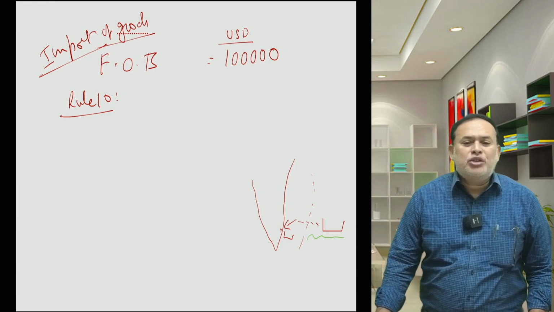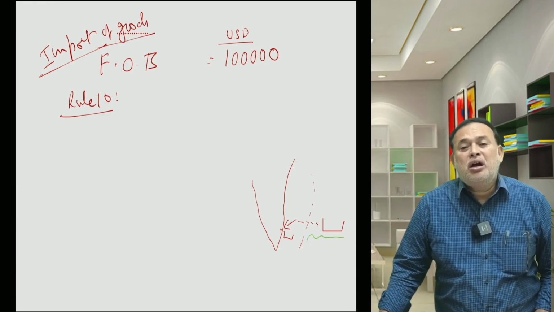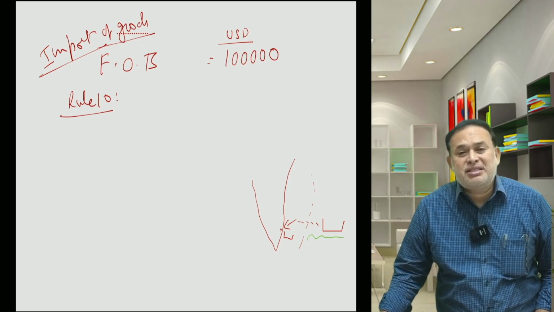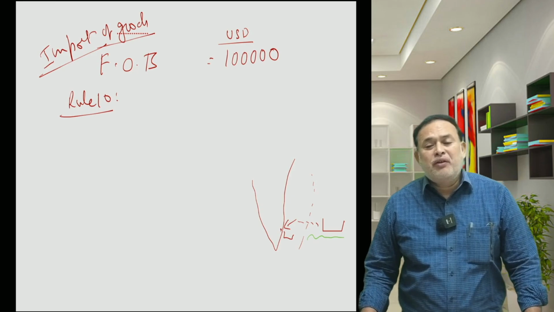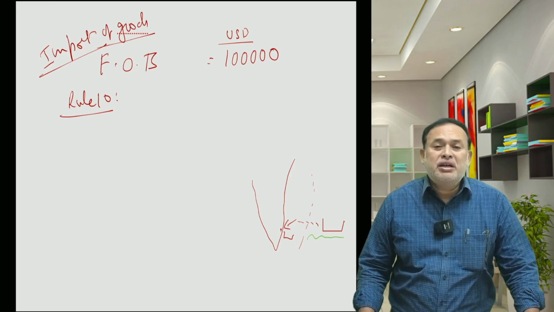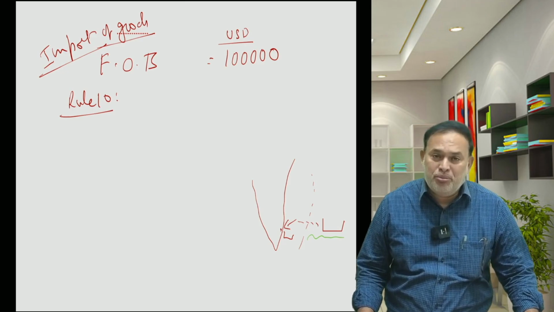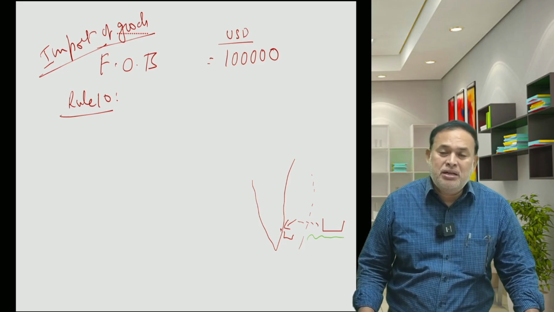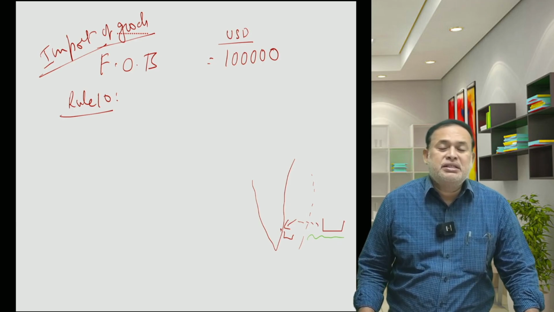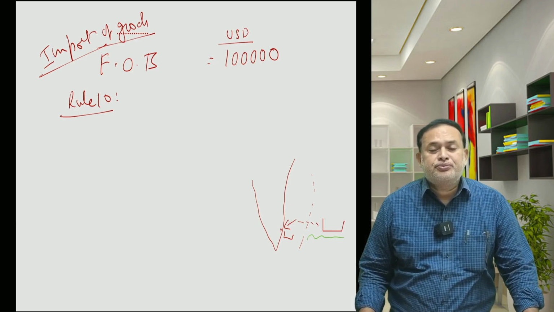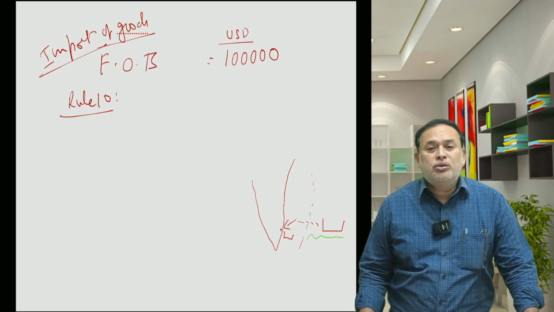Now, what is my target? The value of imported goods. All our imports should be measured at CIF value. If so, I should arrive at the CIF value. Where the import is at FOB value, I have to take the help of rule number 10, sub-rule 2, which very clearly says, add to the FOB value